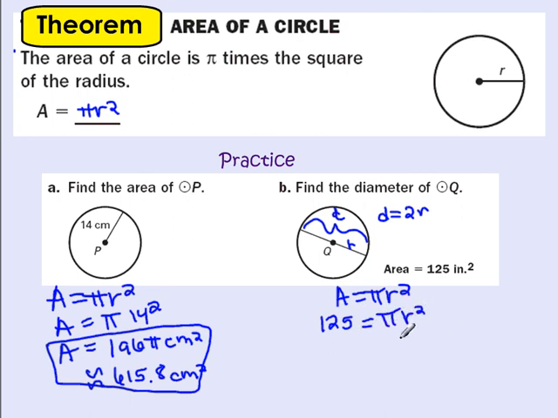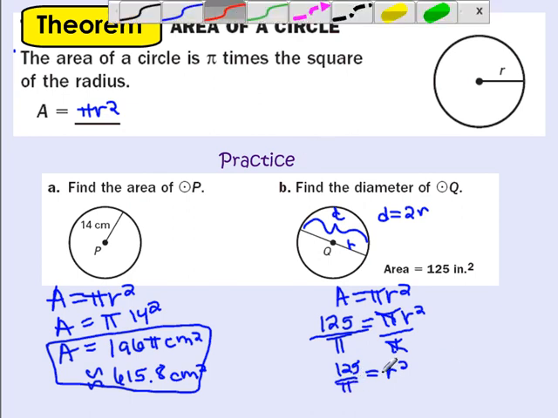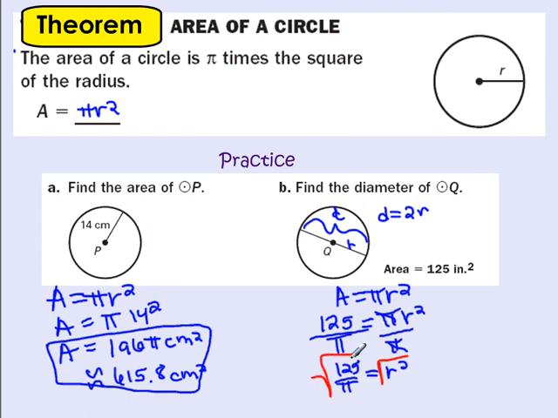And then we're going to need to solve for r. So first we'll need to divide both sides by pi to try to isolate our variable. These will cancel. R squared will be equal to 125 divided by pi. And then to isolate r, we will need to square root both sides. So for an approximate answer, we can say that r is equal to the square root of 125 over pi. But this measure doesn't really make too much sense, so let's go ahead and calculate this. And the square root of 125 divided by pi is approximately